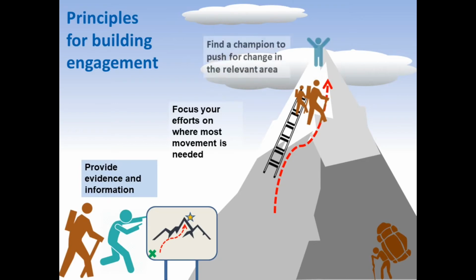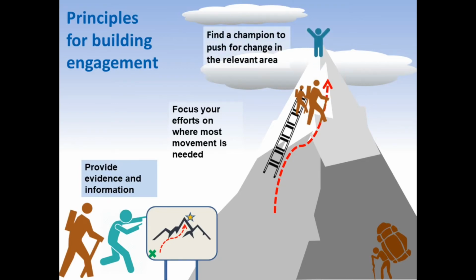A popular way of achieving engagement within a team is to assign one individual to be a champion for that particular change. However, it's important that that person is somebody who is able to commit time and energy and who is motivated about that particular issue. Otherwise, they'll be a champion in name only. An effective champion might be someone who has a specialist interest in the area of change and therefore can act to role model best practice for others within the team.